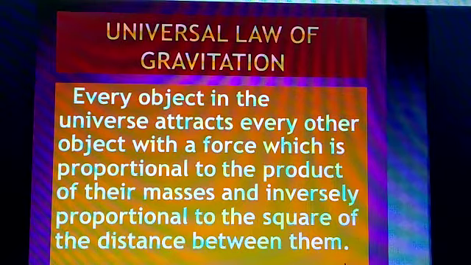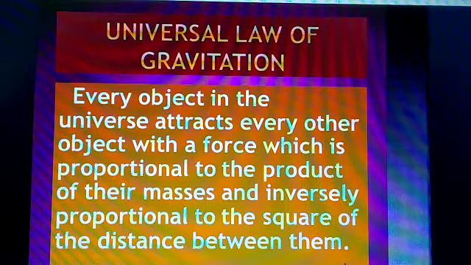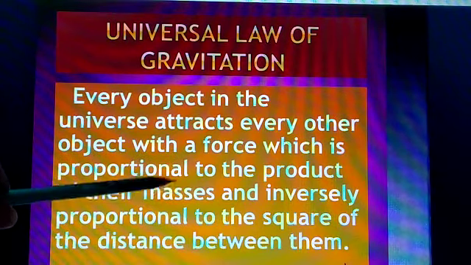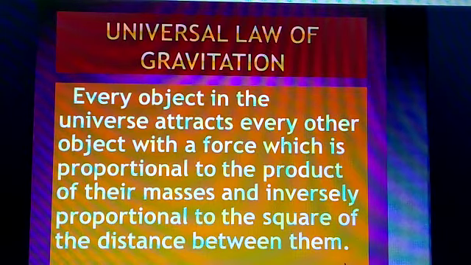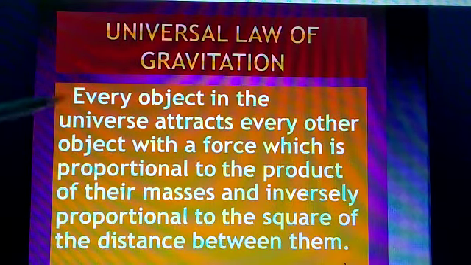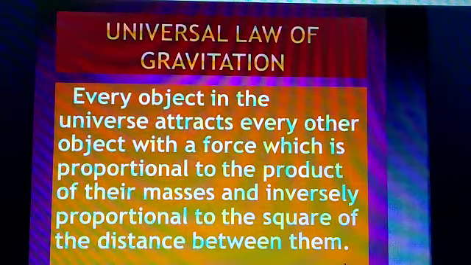That means if mass increases, then force also will increase. But if the distance between the objects is increased, then force will decrease. That is inversely proportional. Then next we can see the equation of